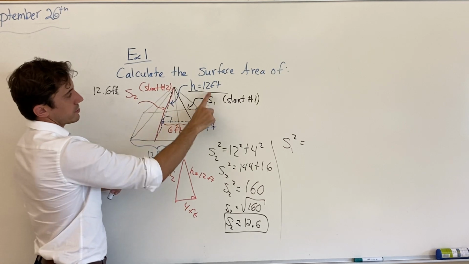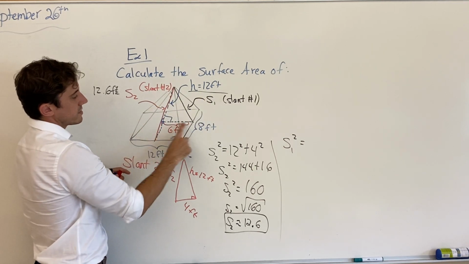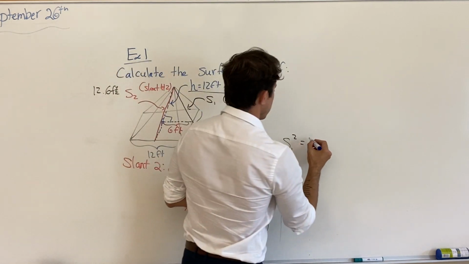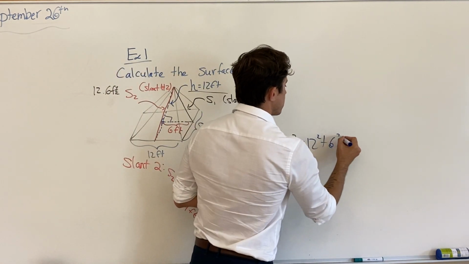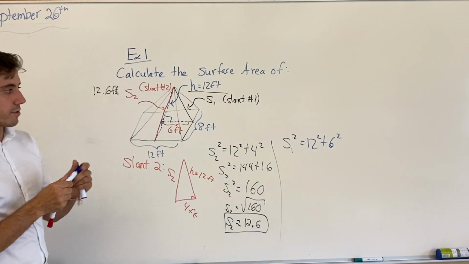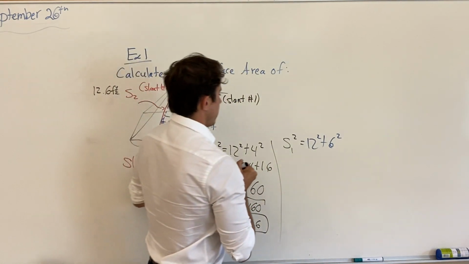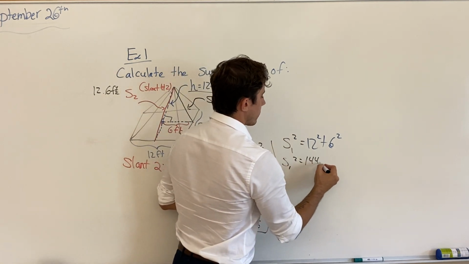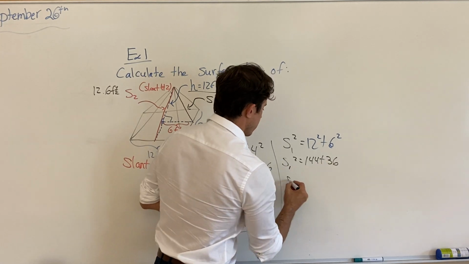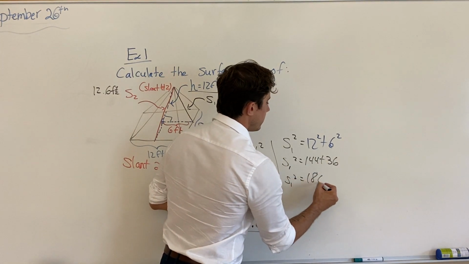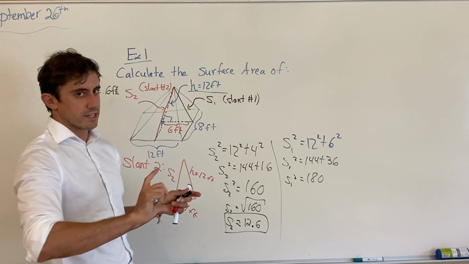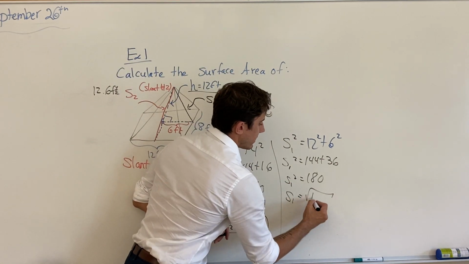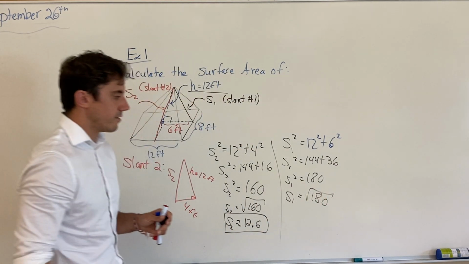that the vertical height 12 squared plus 6 squared is equal to our hypotenuse S1 squared. And so 12 squared plus 6 squared. Let's run through that one again. So we have S1 squared is equal to 144 plus 36, and so S1 squared is equal to 180. And again, we want just S1, so the inverse of the square is the square root. So S1 is the square root of